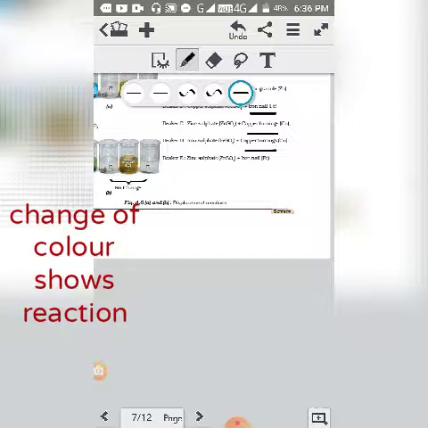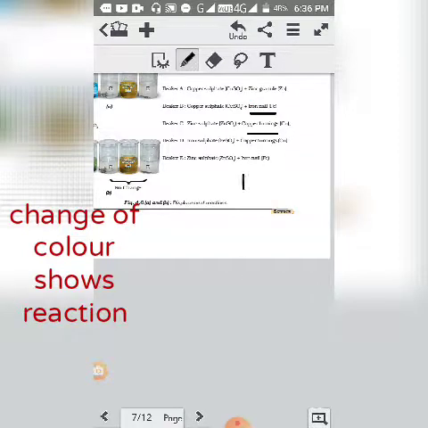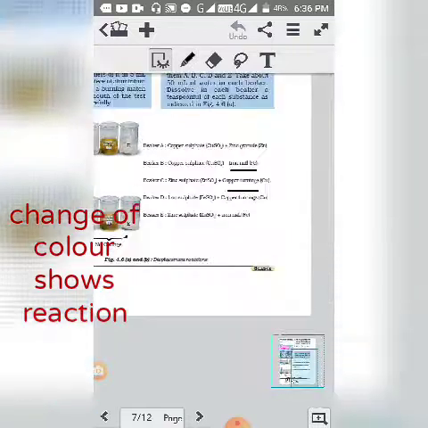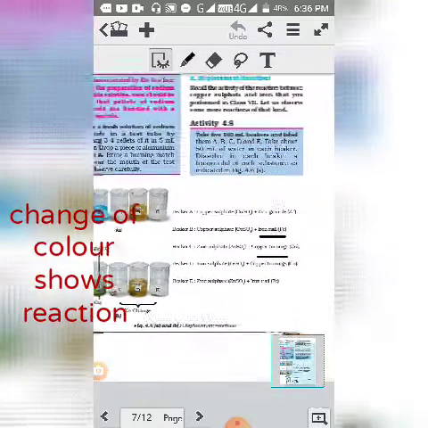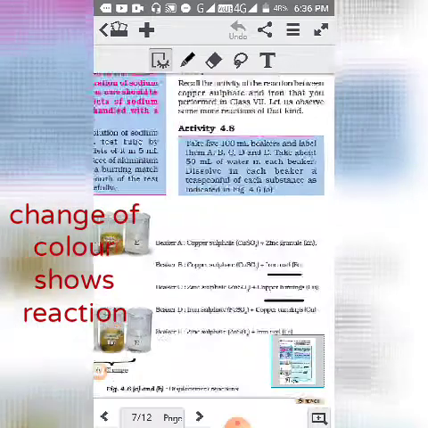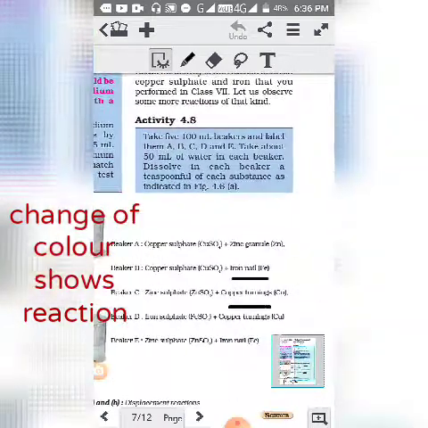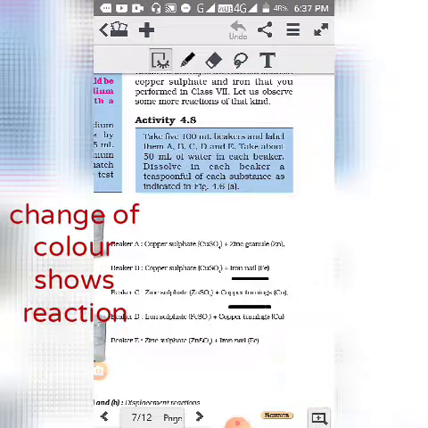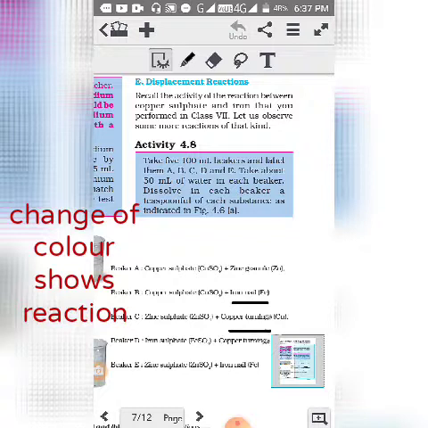So there is a series of metals which is shown in the form of reactivity series. In that series, the metal which is highly reactive is placed at the top and the metal which is less reactive is placed at the bottom. So the more reactive metal at the top will be